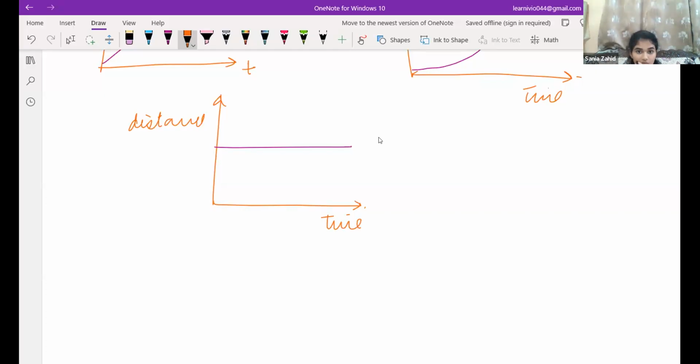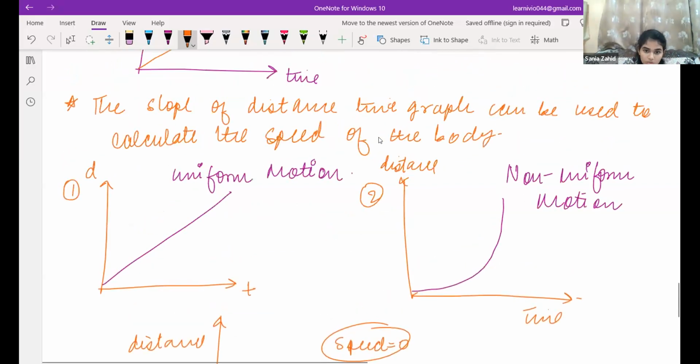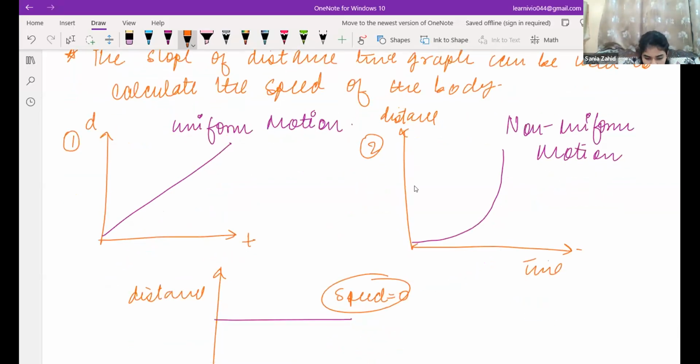What does it mean to get a straight line parallel to the x-axis? Ma'am, that means the speed is 0. The speed is zero. So that is why it does not have any motion. So this speed is zero. Okay, ma'am. These are three kinds of graphs that are there in your syllabus: uniform motion, non-uniform motion, and straight. Next is,